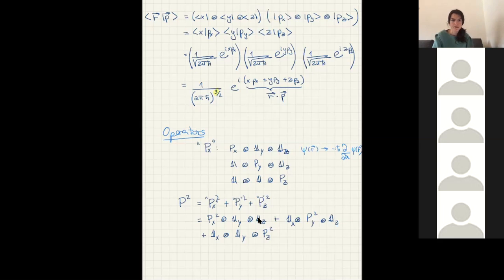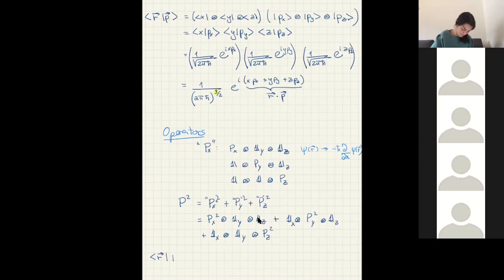And you'll see how it acts on the wave function. So we'll see that in particular, p squared acting on the wave function, sorry, not x, but R. Let me write this down again. So if you have